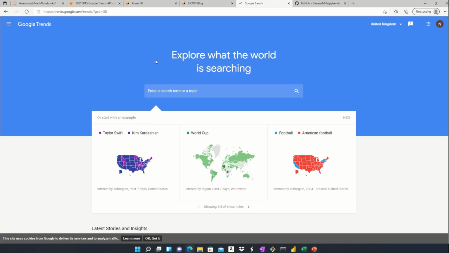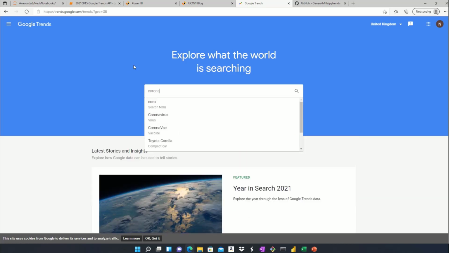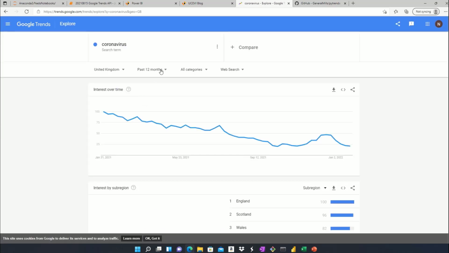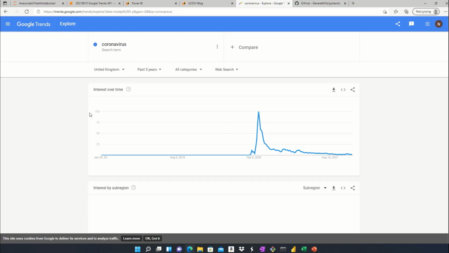So, knowing about Google Trends and having used it before, I did this. I started comparing the two. So let's just start with coronavirus. Obviously, you can put it into the last 5 years, and then I saw a big spike, obviously around March 2020 when the pandemic first starts. But then if we compare that with COVID,